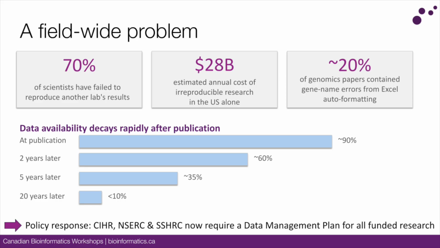Yeah, and so in response to that problem that's been really widely acknowledged in recent years, most of the tri-agency policies, including NIH in the US and others, are going to require, if you ever write a grant and want to get money from an institution, that you include a research data management plan. The first time I had to do one, I thought, holy shit, what do they want for the research data management plan? That's really the answer we're trying to bring today, because it can be a little daunting thinking about what do I need to put in there? How do I make it solid? How can I make my data reusable for the future?